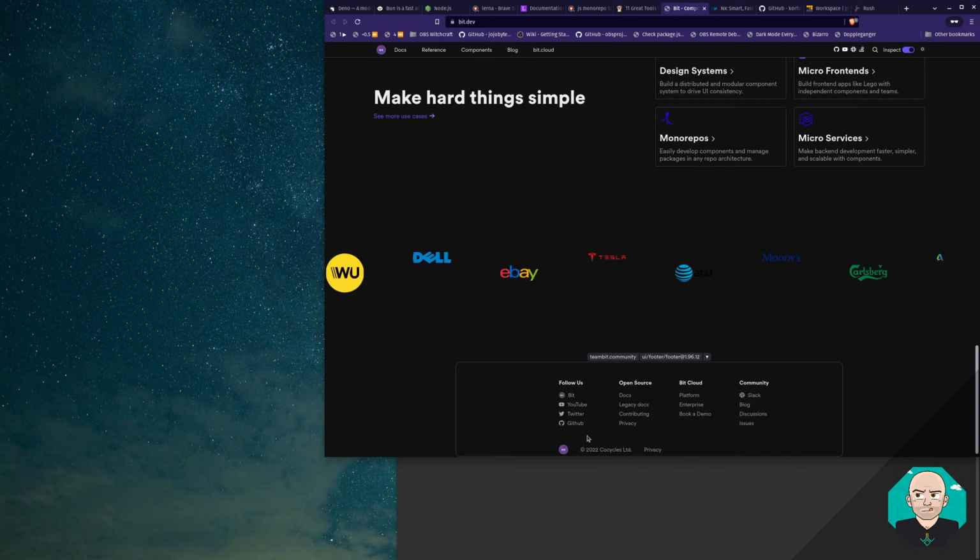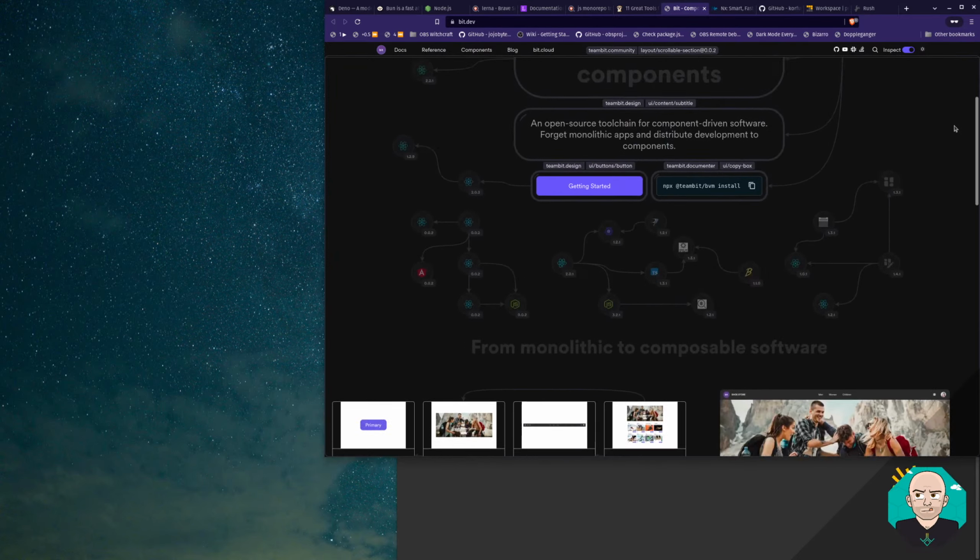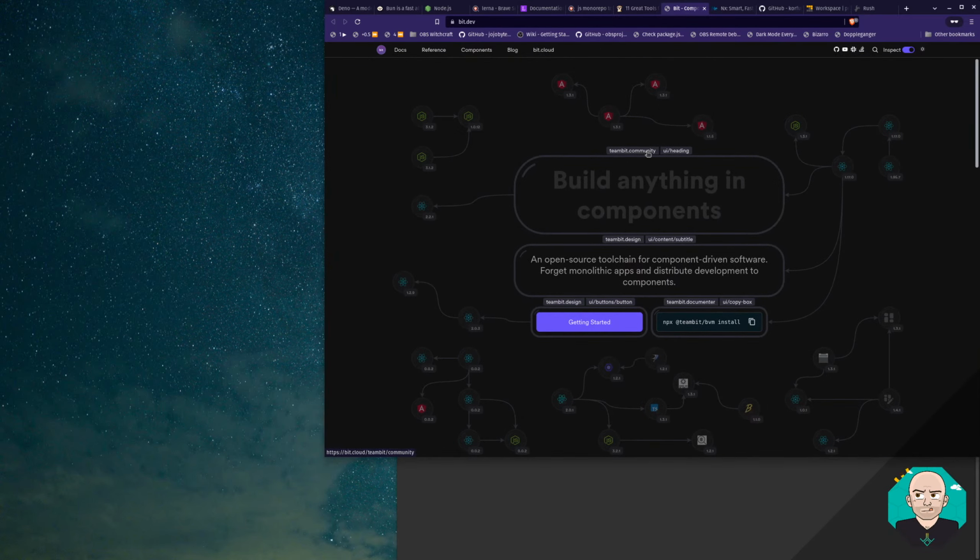Co-cycles. I don't understand why it's popping up. I did think, oh, okay. So I think Bit is something about component design, which is why it's popping up all these labels and stuff. That might be cool if you're Bit, but I just want to know why